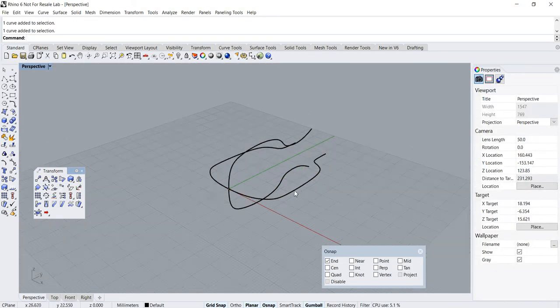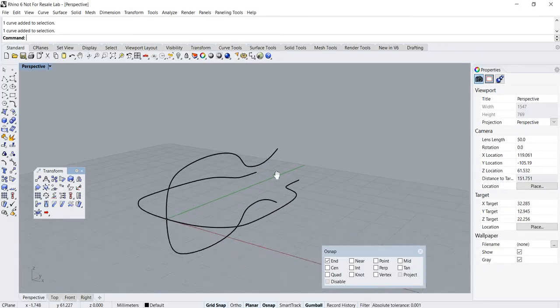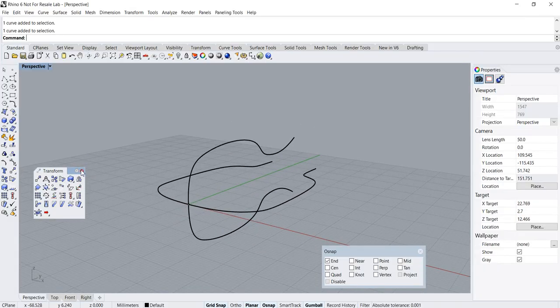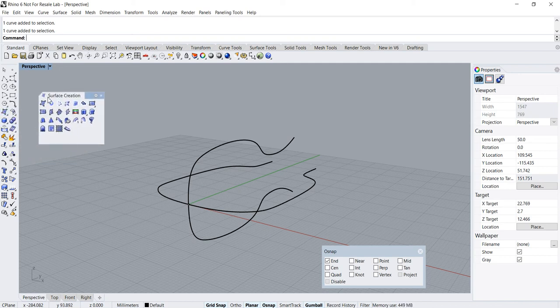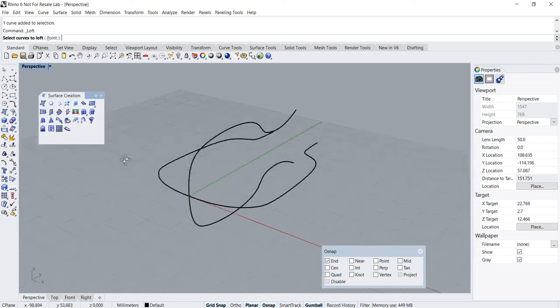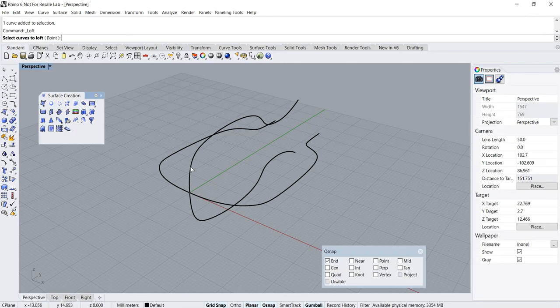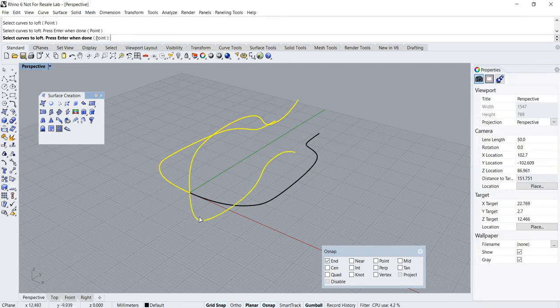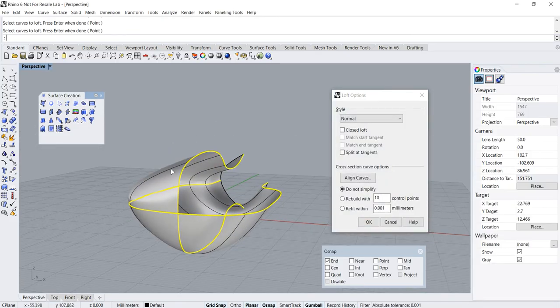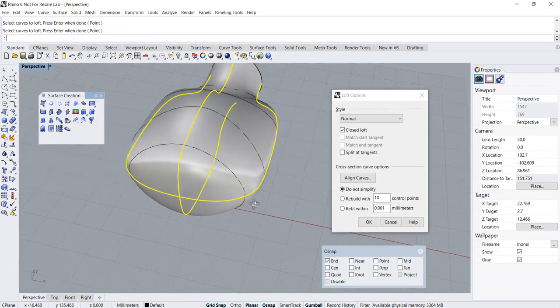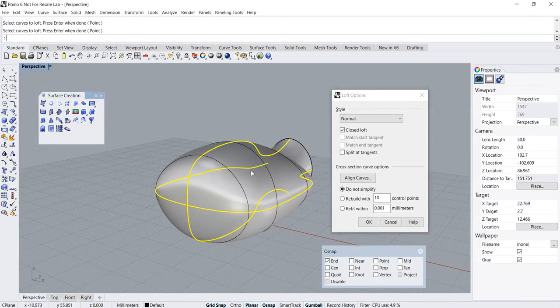1, 2, 3, 4. Now I can demonstrate the closed loft. Going back to the surface creation loft. Select in sequence 1, 2, 3, 4, enter. This thing doesn't go all the way. So if I want this section to go all the way back here, you have to click close loft. Can you see? When I click close loft, what I get is a